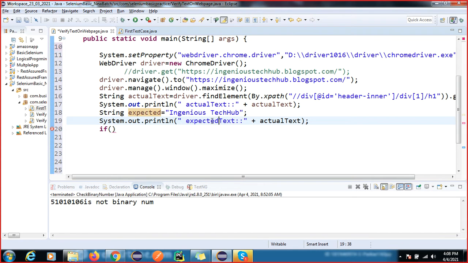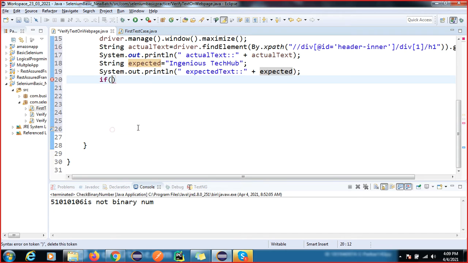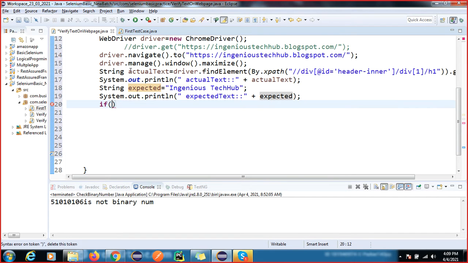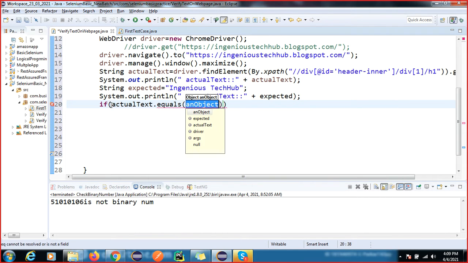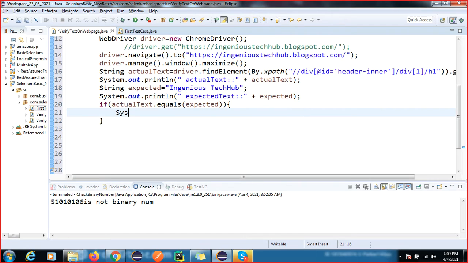Expected text and expected. Okay, so now we use the if-else condition. We know that inside the String class we have an equals method. So the equals method, and the expected condition is this, and this is expected, right?